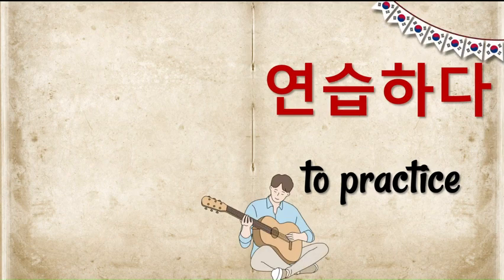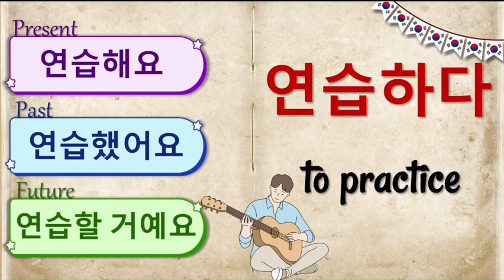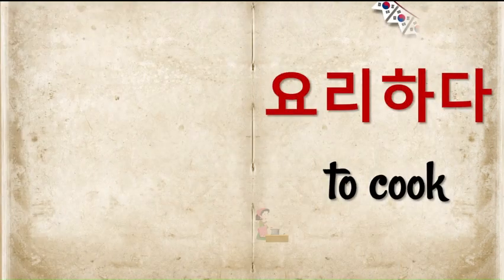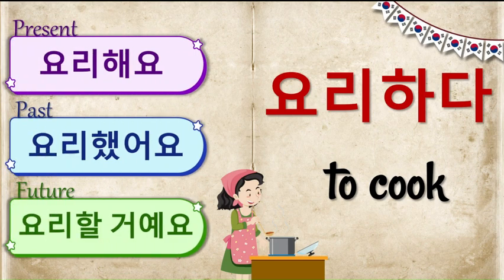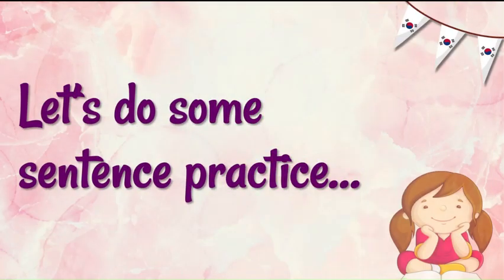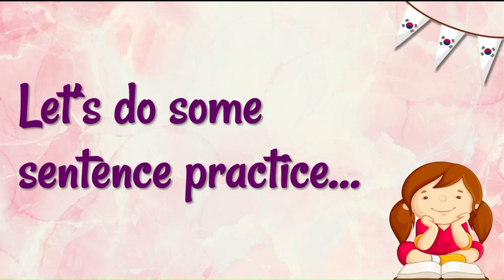연습하다, to practice. 연습해요, 연습했어요, 연습할 거예요. 요리하다, to cook. 요리해요, 요리했어요, 요리할 거예요. Alright, so we learned the conjugation of 15 Korean verbs in the present, past and future tense in